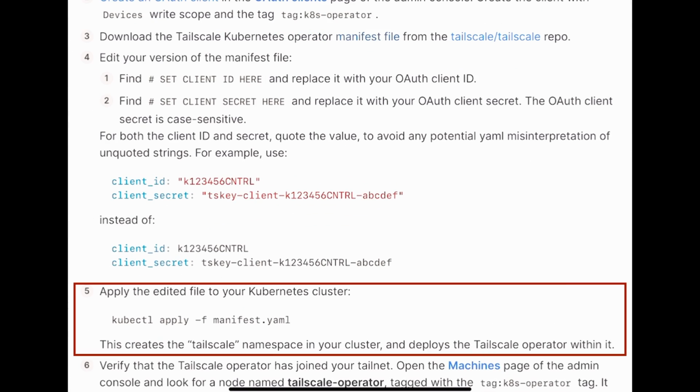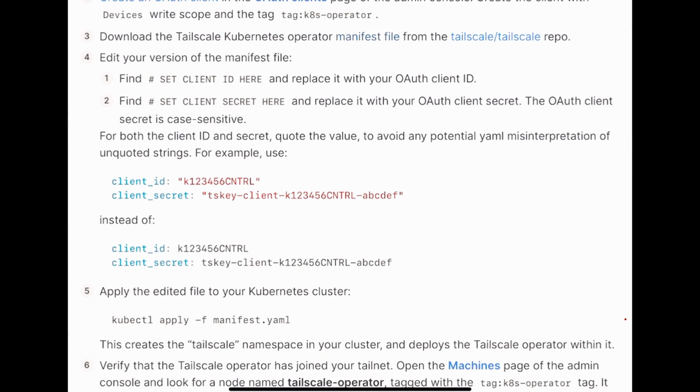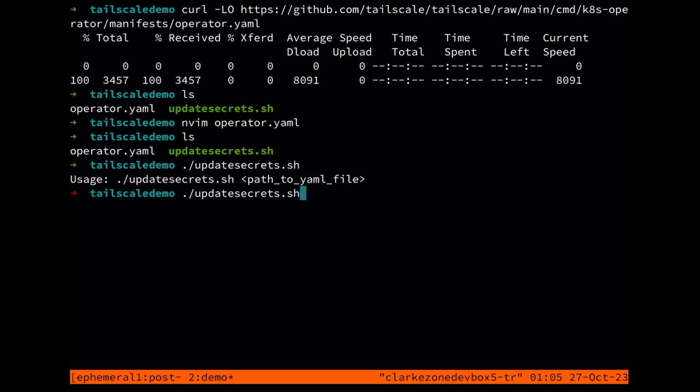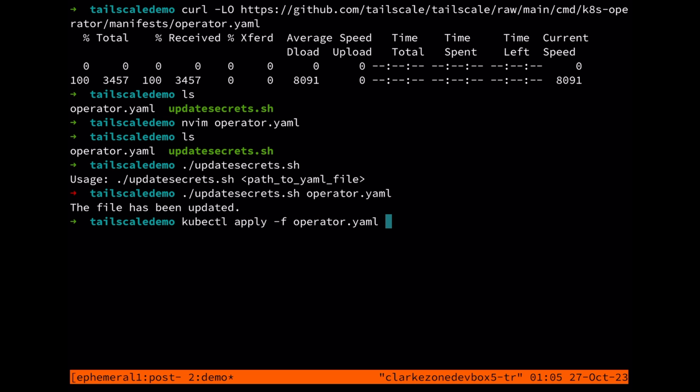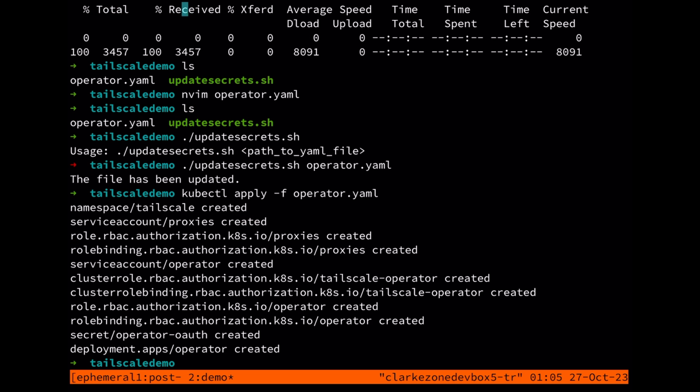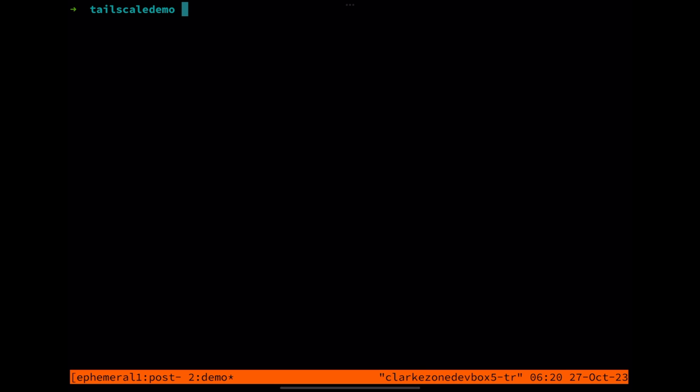And then I need to apply the manifest to the Kubernetes cluster. So to do the credential update, I'm going to use this script, update secrets, and that's just going to inject the values that I've set in the environment. And then the operator file is ready. I'm applying it to the cluster, and now we're ready to take a look at that operator